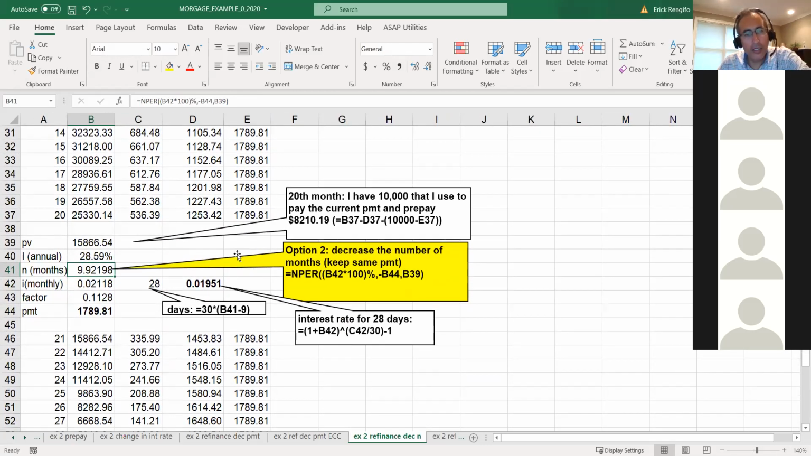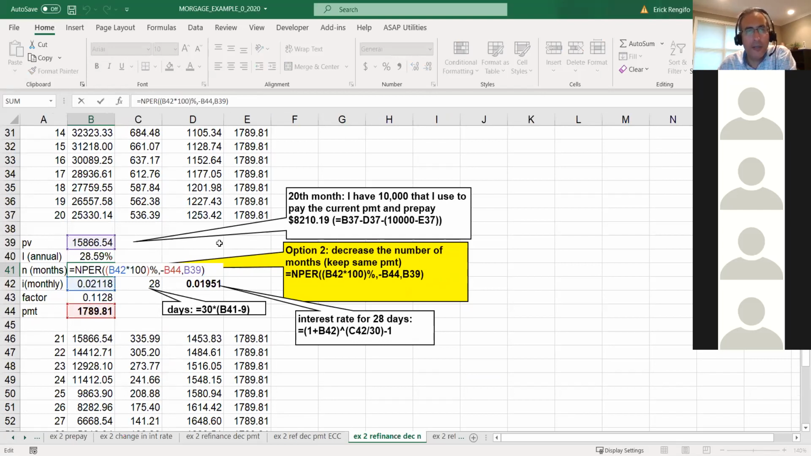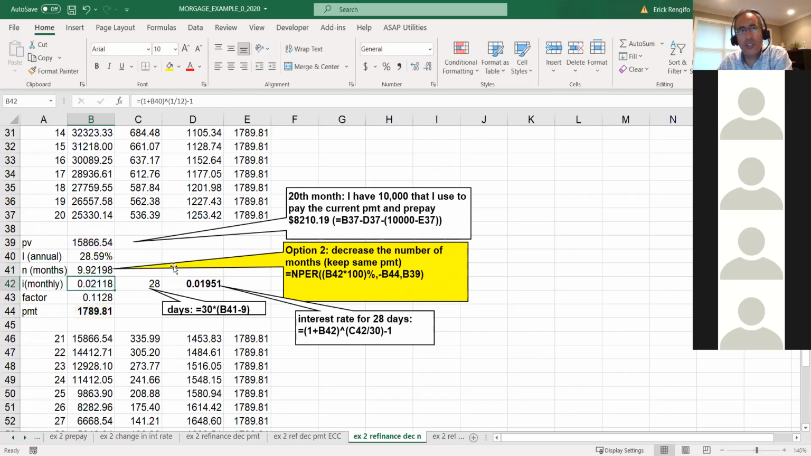The Excel command is going to be NPER. We enter the interest rate. We enter the payment as a negative, just to have a positive number of months. And I have my principal, B39. So what this one is telling you is the following. What is this 9.92? Well, it's telling you that indeed you are going to pay 9 full months and 0.92